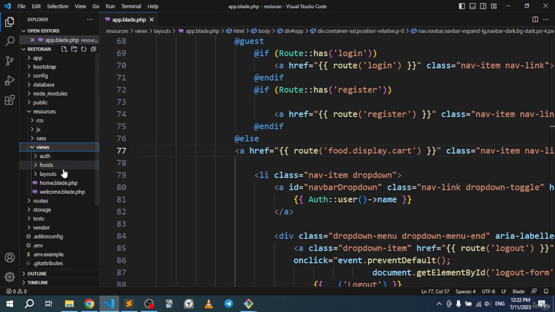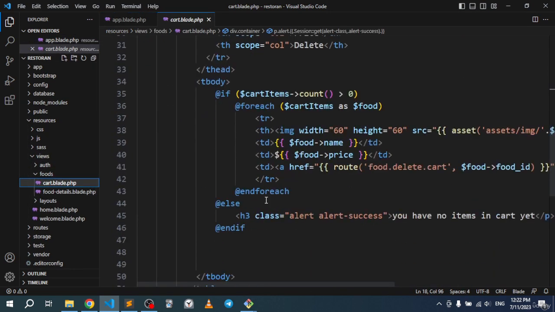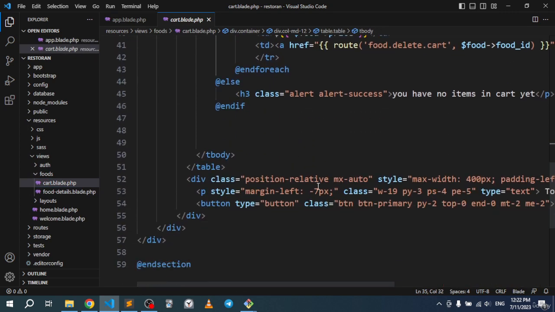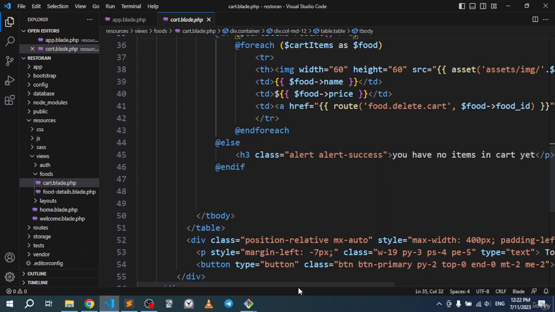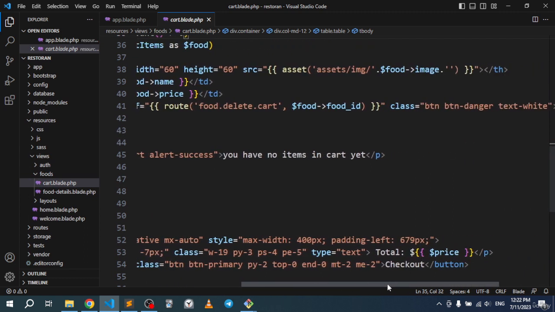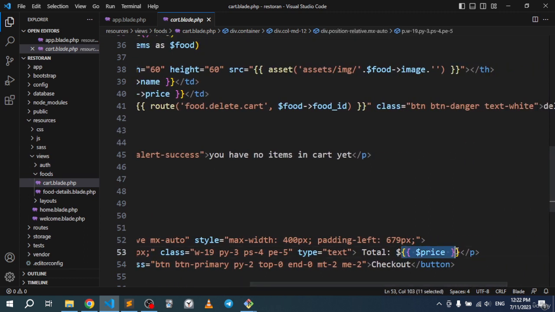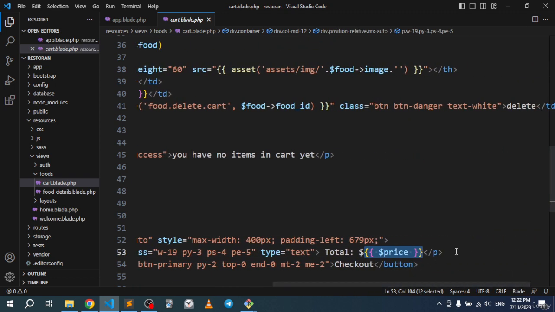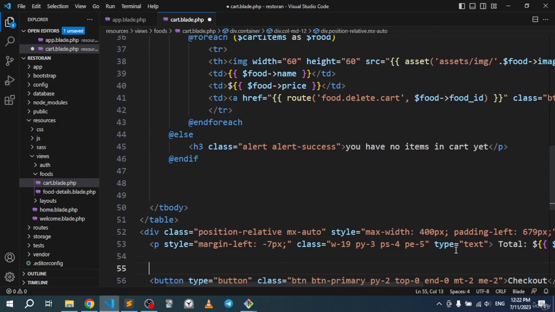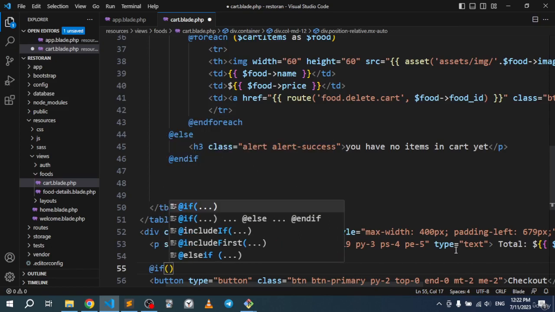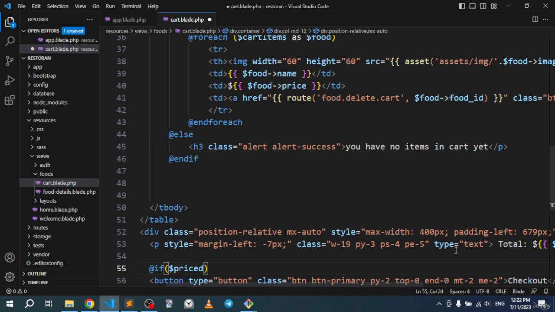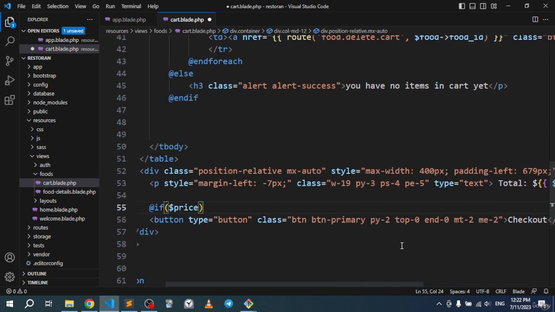If we go to views right here, go to foods, and go to cart, you can see if we go down there, I want to grab the price. I want to copy this right here, and there is the button for the checkout. We go down there, the price right here. We do not need to copy it actually. If the price is equal to 0,